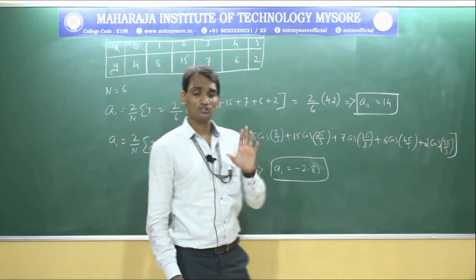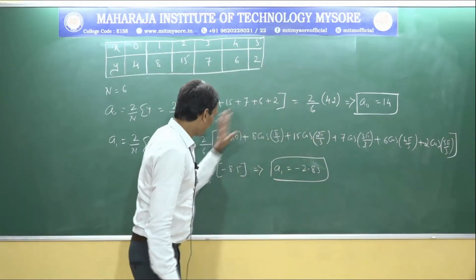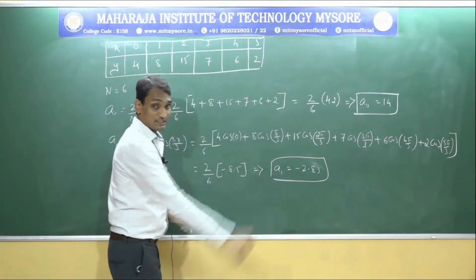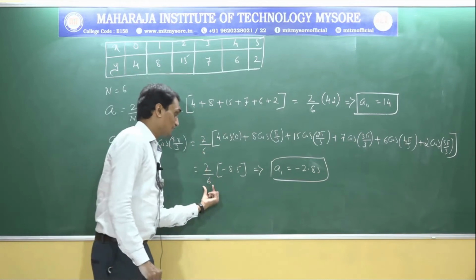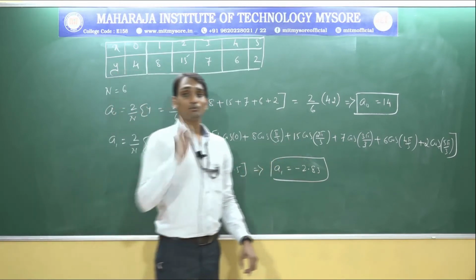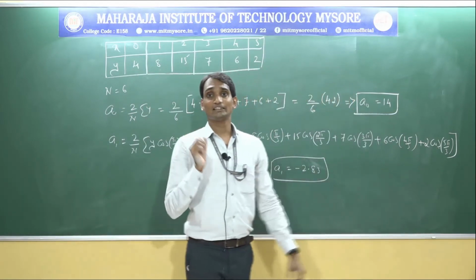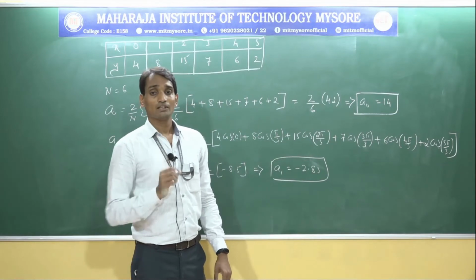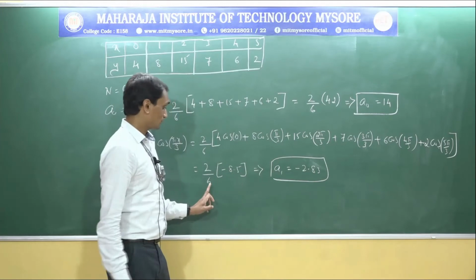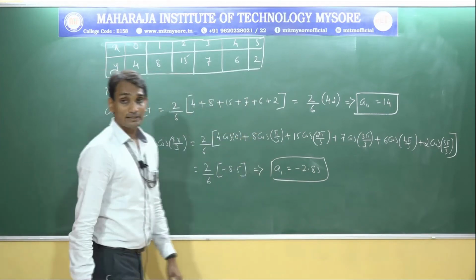Now just substitute all these values in the calculator and calculate. If you calculate directly in the calculator, you will get minus 8.5. One thing you need to remember: keep it in radian form while calculating, then go on calculating the values. That is minus 8.5. If you simplify this equation, a1 equal to minus 2.83.